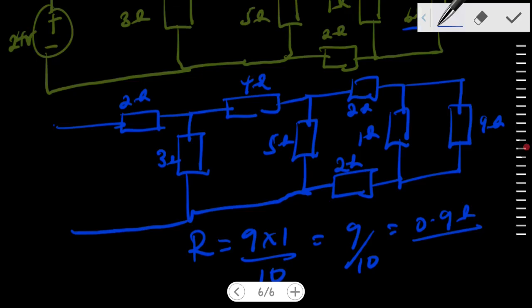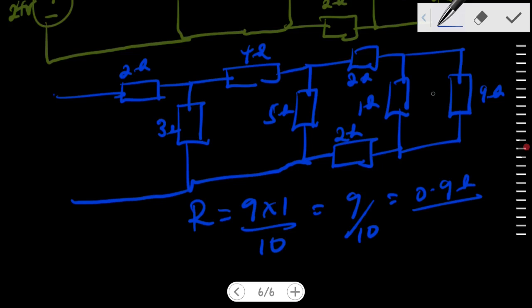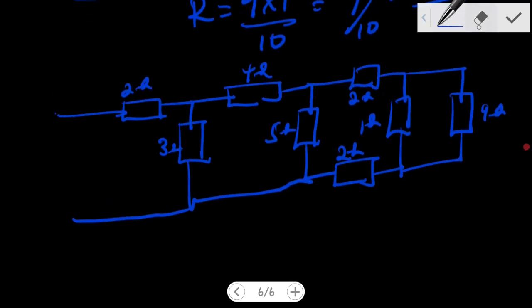It means that I'm going to replace, let's say, where there's 1 and 9 by a 0.9 ohm resistor, right? If I redraw this, that means I'm going to be removing this, and so if we remove this and this one, right? So we are having 0.9 ohm resistor, right? Now, if you look at 2, 0.9, and 2 ohm resistor, they are in series, right? So that means that since they are in series, but in parallel with the 5 ohm resistor, in series connection, I'm having